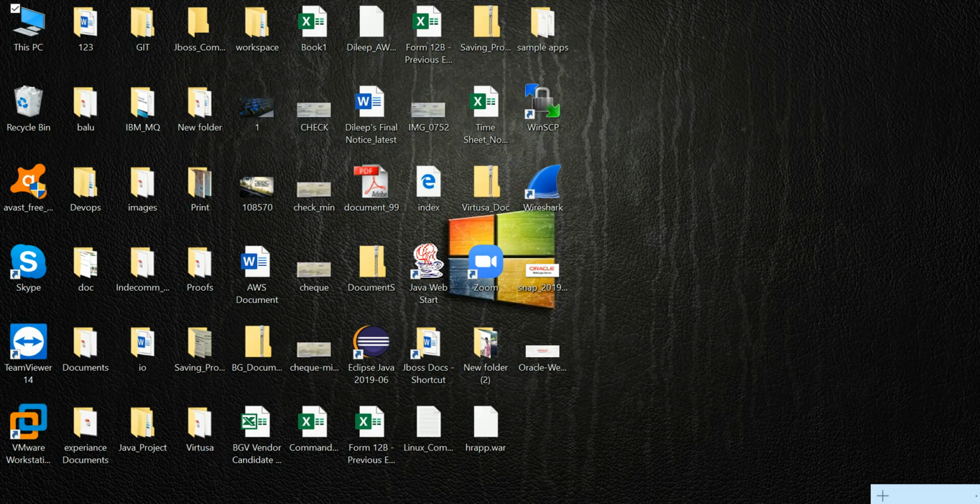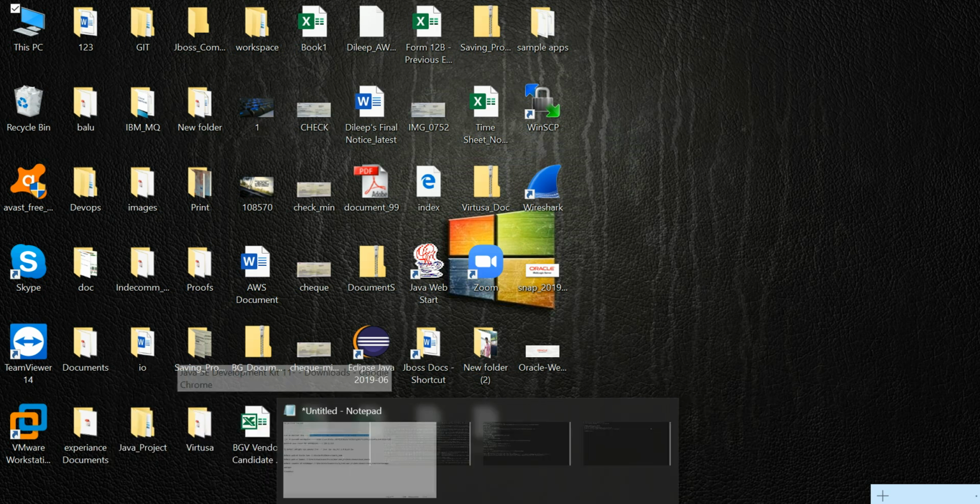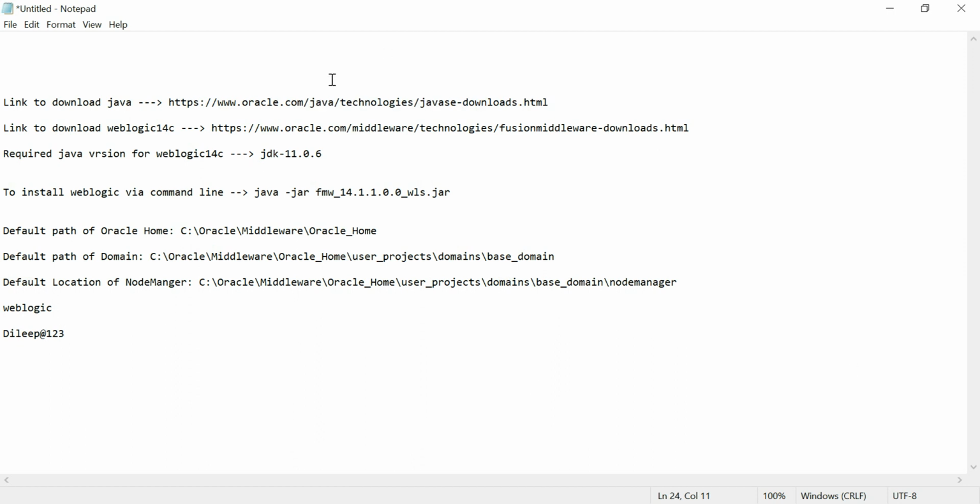Now we are going to install WebLogic 14c. As a prerequisite, we have installed JDK, so we have completed the dependency part. To download WebLogic 14c, this is the link.